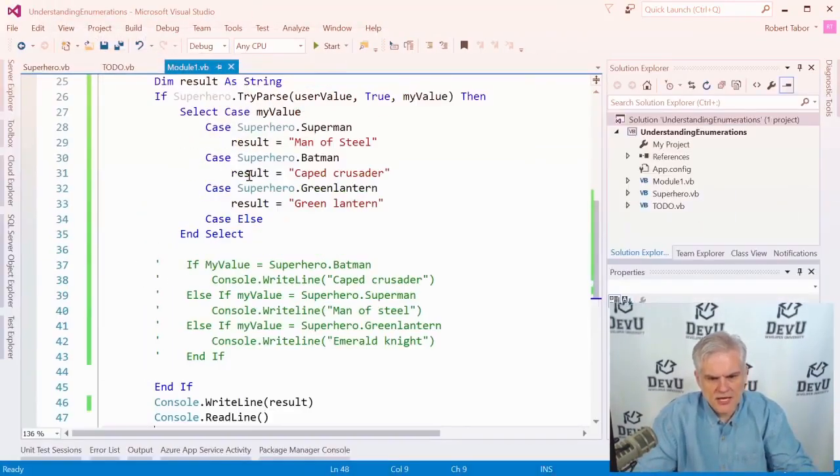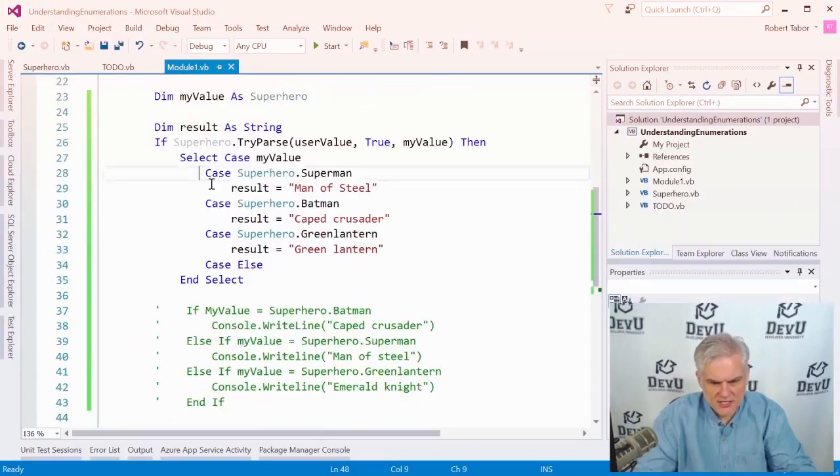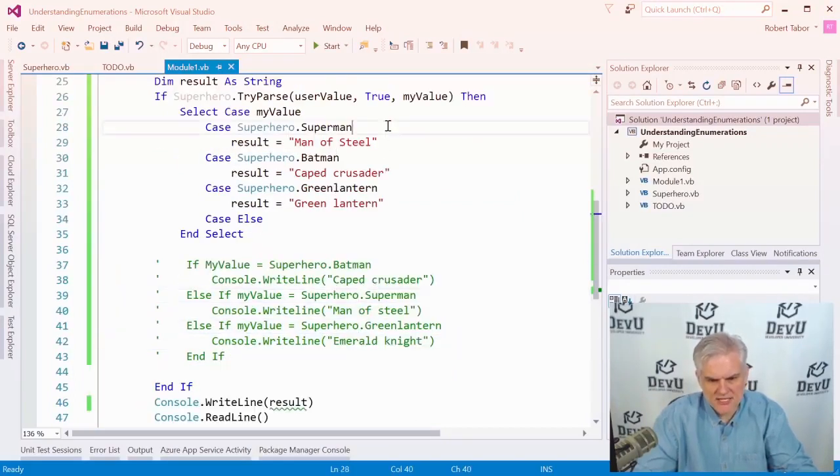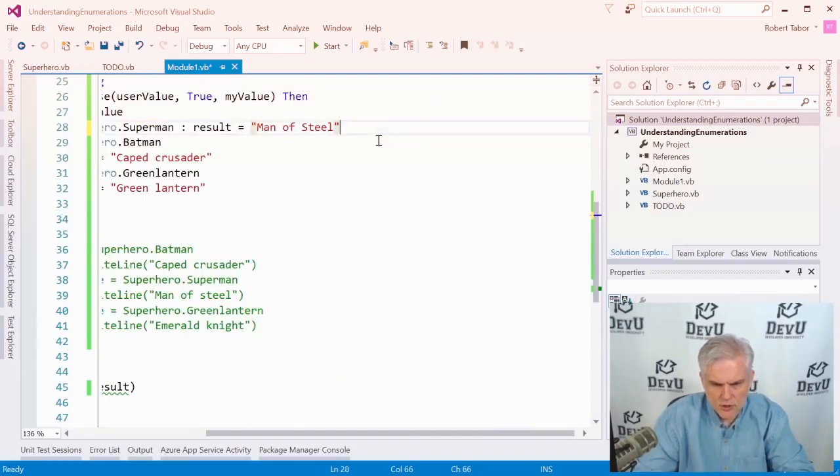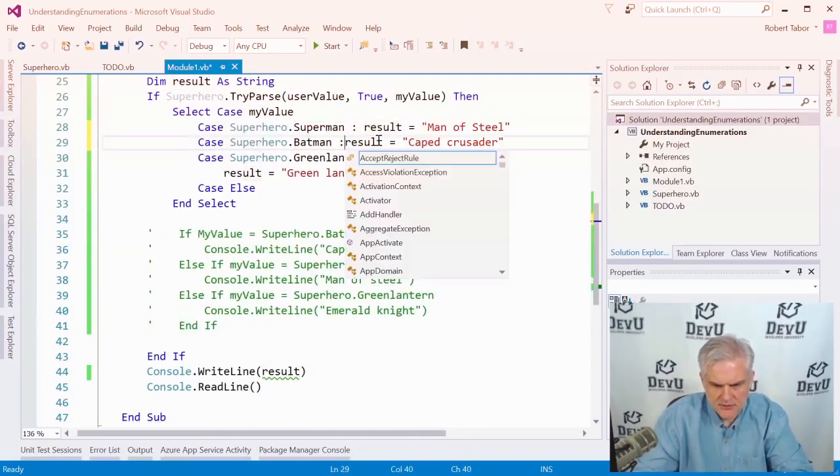Batman. All right, so it's a little tidier. You can see there's just a little bit less code involved than if we do the ElseIf myValue equals each time. And so for simple cases, this will suffice. We could also just put everything here on one line to even make it more compact by using that